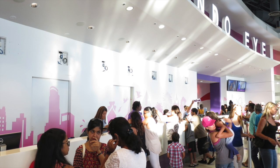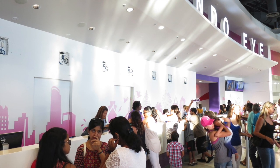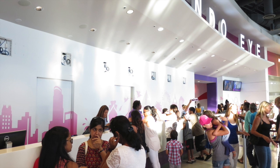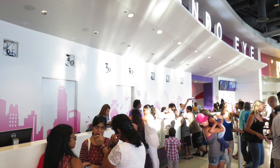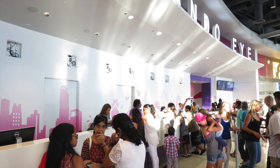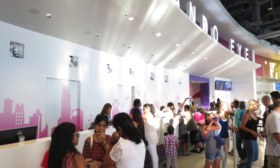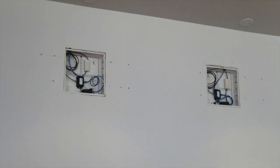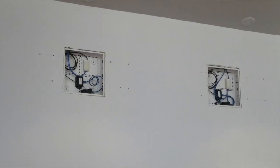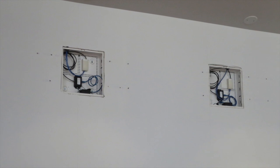Now right across from that 7D Dark Ride Adventure is the entrance to the Coca-Cola Orlando Eye, and this is the desk where you can go purchase tickets to that attraction as well as the other attractions here at iDrive 360. Now you'll notice that the monitors have been removed off the walls. There are a lot of monitors that line this wall that had all the different pricing information and package information that you could purchase. Well, those have been removed